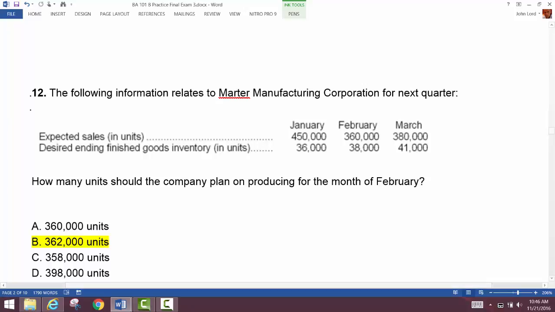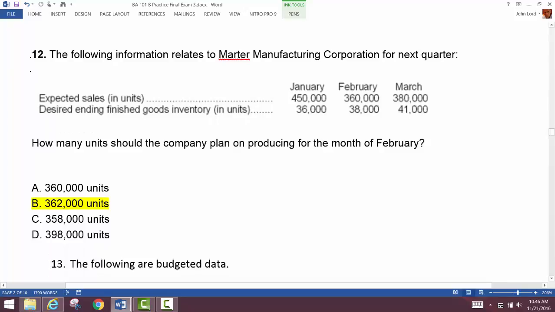Okay, so let's go ahead and take a look at this one. And we want to know our production budget now. Notice we go from sales to production budget, just like we talked about when we went through the slides, right? That's how these problems are laid out. So they tell us that